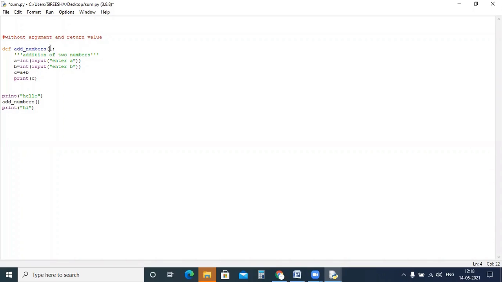I'm not passing any parameters, so without arguments, but it should return a value now. Since it is returning a value, we should use a keyword called return. What should I return? The result. Where do we have our result? The result we have in c.